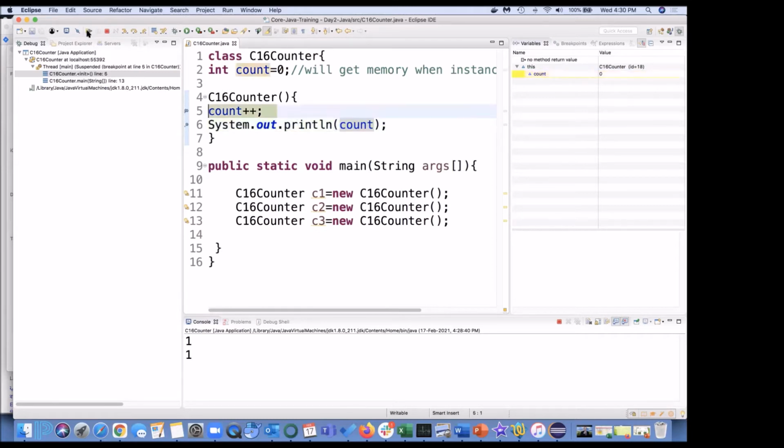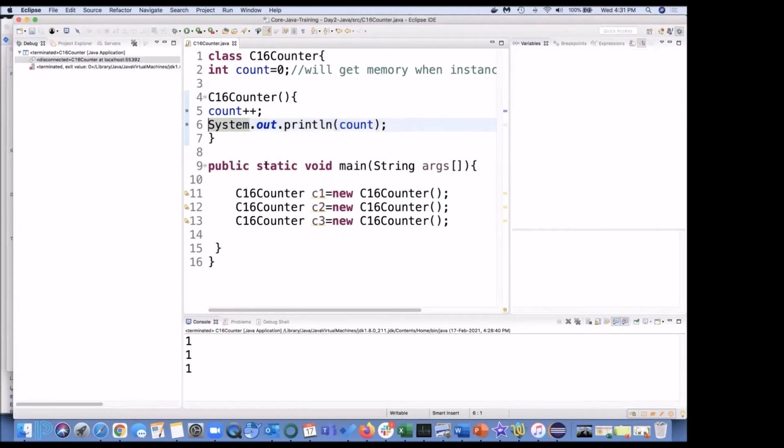Now the third time, for C3, again the count is 0, and it becomes 1 and we printed it out. Then the control comes back. So this counter got executed 3 times.